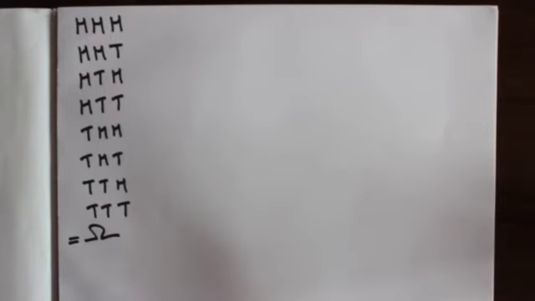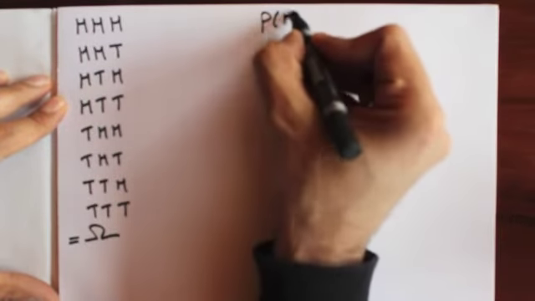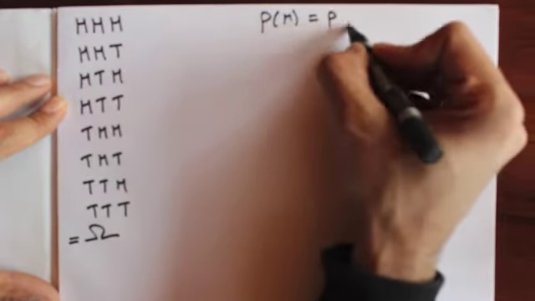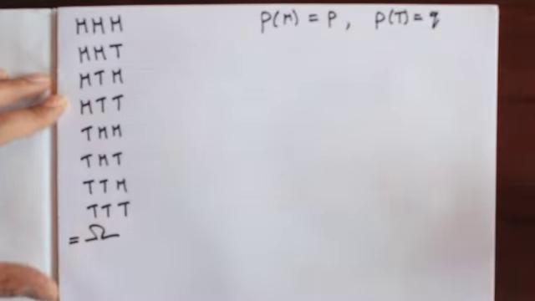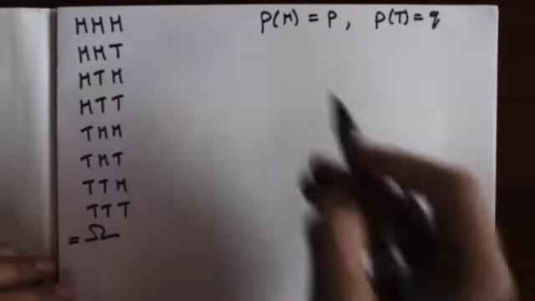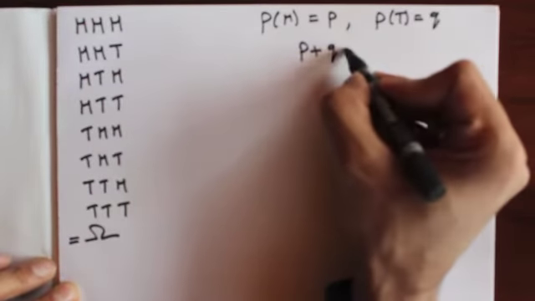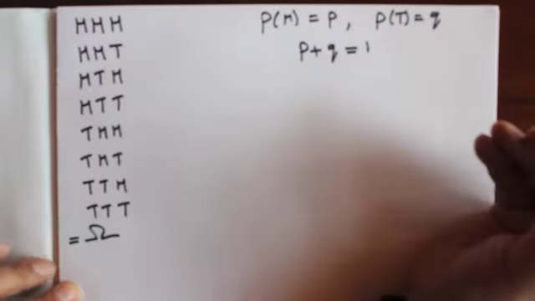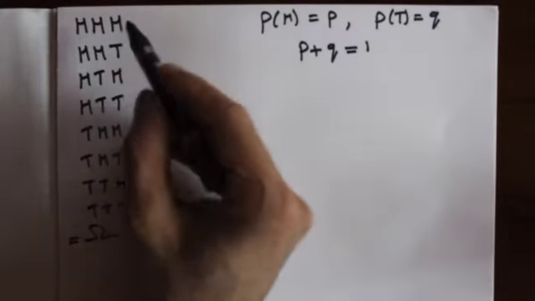Let's further take the experiment and define the probability of a head as P and probability of getting a tail as Q. Now in our experiment of tossing a coin, we can either get a head or a tail. These are the only 2 possible outcomes. So we're further going to define probability of getting a head plus probability of getting a tail as 1. Now what we need to do is, I would like to actually define what is the probability of all of